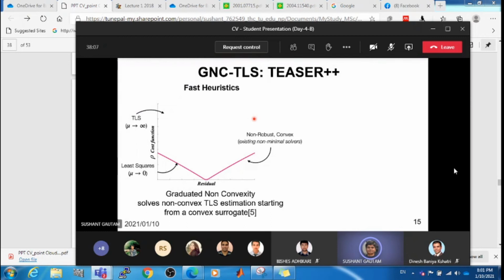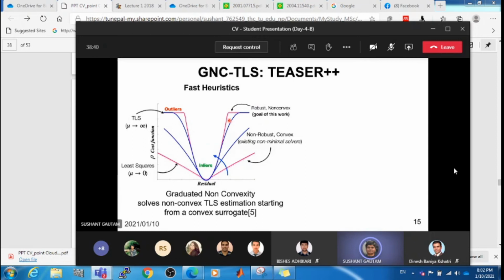Remember, we want to make it as convex as possible, but it should be able to separate inliers and outliers like truncated least squares. Our favorite one, least squares, is ideally convex, but not robust to outliers. We all know that, right? So just remember, mu is a parameter that controls convexity here. If you slowly increase mu, it will make this more non-convex, just like this. And also, it will be somehow robust to outliers. So we want to find an optimal condition for mu, for which the function is both convex enough to solve and robust enough towards outliers. There won't be an exact solution for this, of course, right?